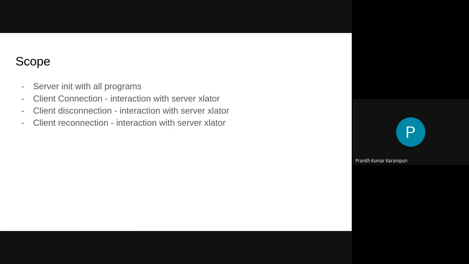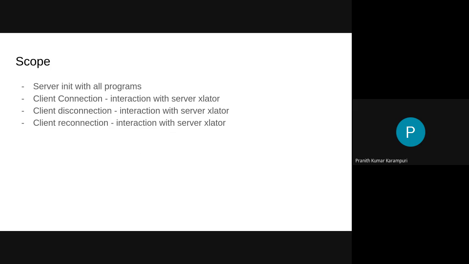Mainly, those are how the server translator actually starts up and sets up these programs that it is going to listen on, how a client connects to a server, what actually happens during that, like what are the messages that get exchanged, that will be covered. And there is a data structure called client_t in server, which actually has the state of that connection. We'll look into that as well.